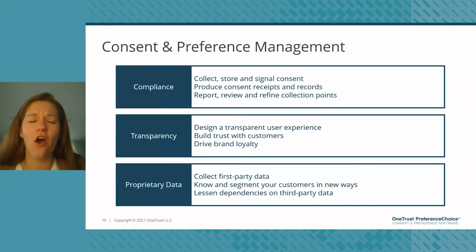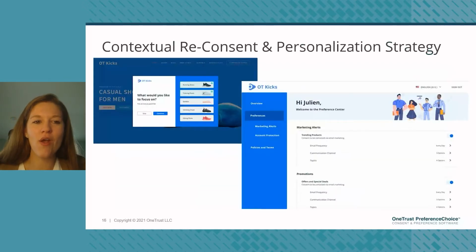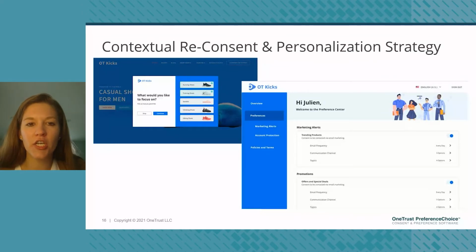So when we think about bringing these concepts to life, this is, of course, a retail based example to think about how we might take a web interaction and ask an individual directly what types of things they might want us to focus on, giving them the ability to give us their choice and make a selection when they're interacting with us in that user journey on the left side here, and then feeding that information into a centralized portal where the individual can go back over time and see and manage their preferences. So, really developing a longer term consent and preferences strategy to deliver better personalization.